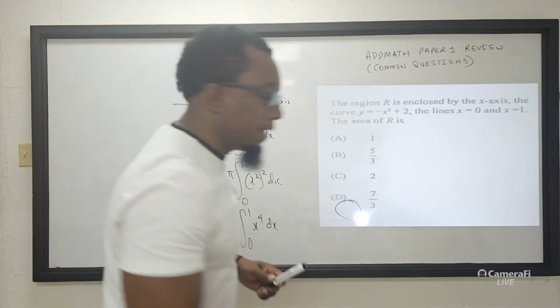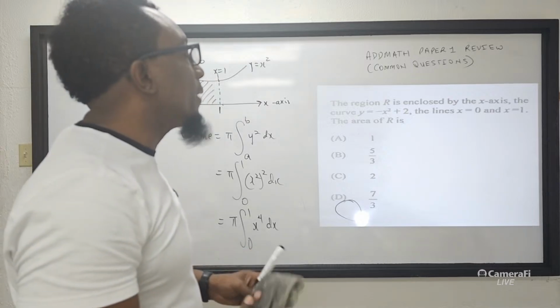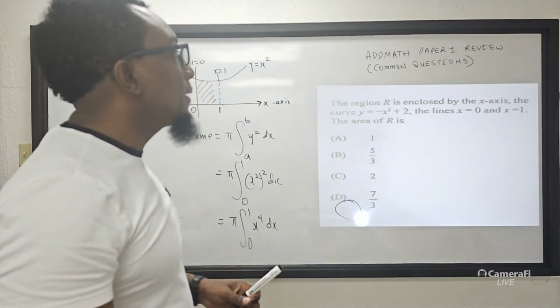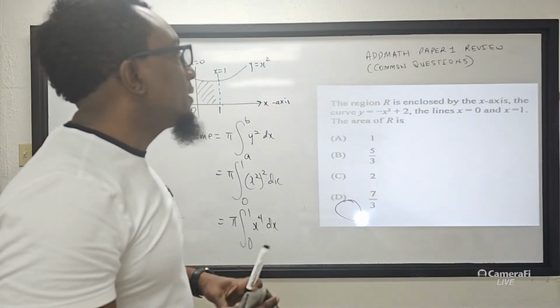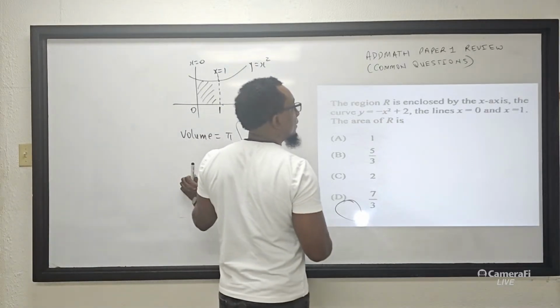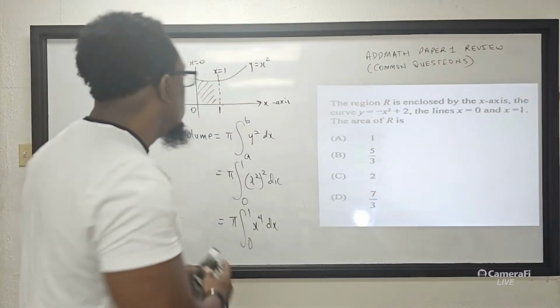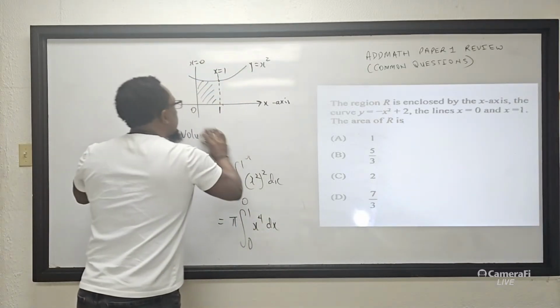Alright, let's look at this one. What is the region R enclosed by the x-axis, the curve y equal to x squared plus 2, and the lines x equal to 0 and x equal to 1? What is the area of R? So, area under the curve, right? So you'll have here